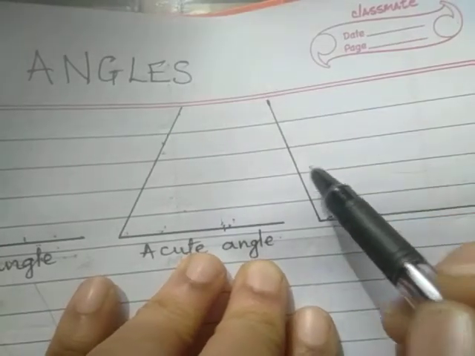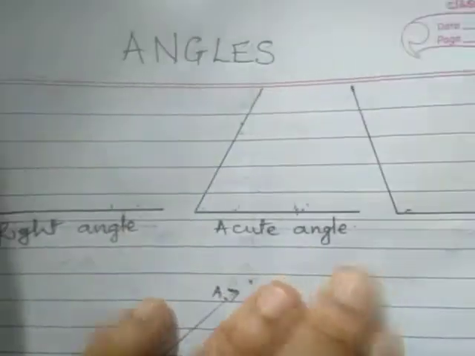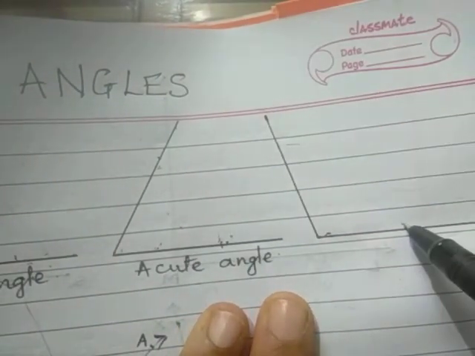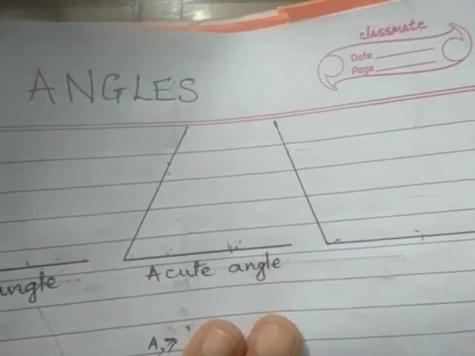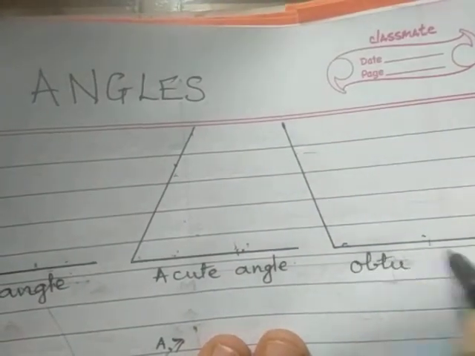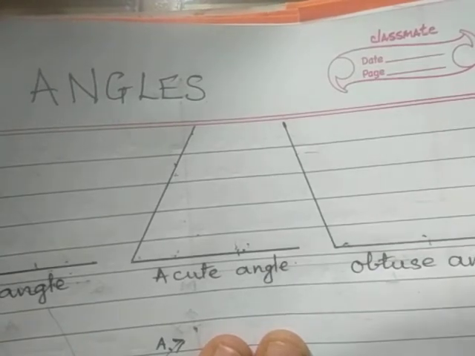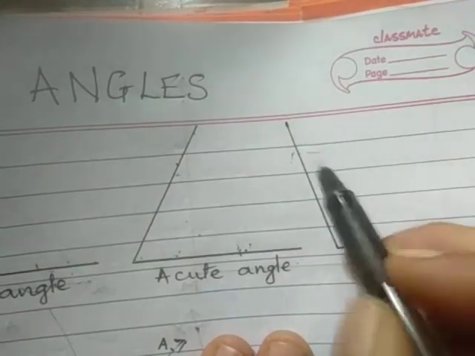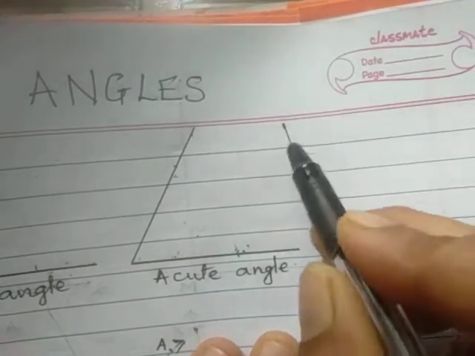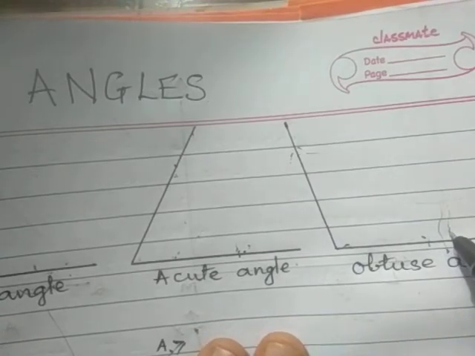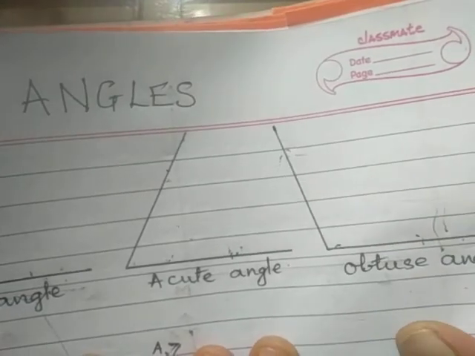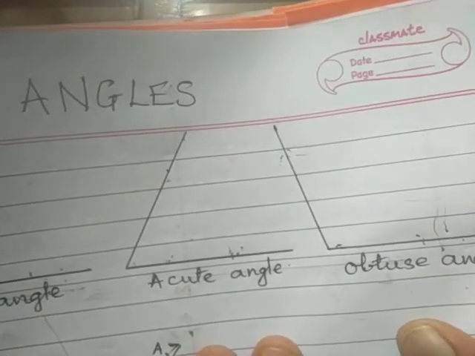So this angle over here, what you can see is larger as compared to that of the right angle. You can see the area is more as compared to that of the right angle, and therefore such type of angles are called as obtuse angle. This is called as an obtuse angle. Why? Because it is more than 90 degree. You can see that the area over here taken by this angle is more than right angle. Therefore, such angles are called as obtuse angles. Right? So, this you have learnt last year in your 4th standard.